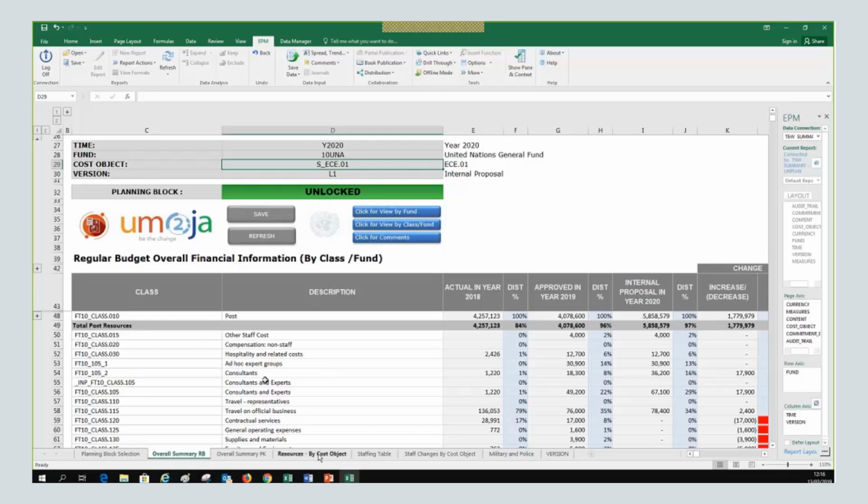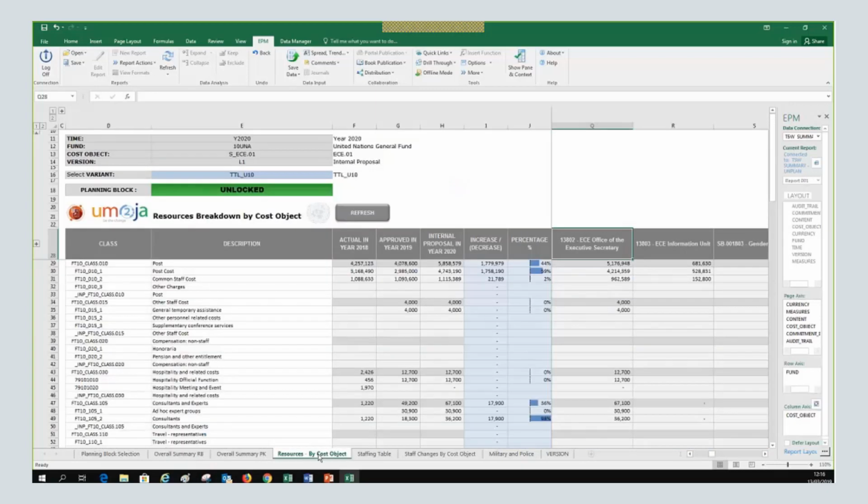Okay, with the difference. Resources by cost object has similar information, but you can get it broken down by cost object. What are all the cost objects under this sub-entity or entity, depending on the structure, and then you get it up to the cost center. Is this clear? Can you please click on the green check, or on the red one if it's not clear? Now, for the people that are saying no, please write your question.